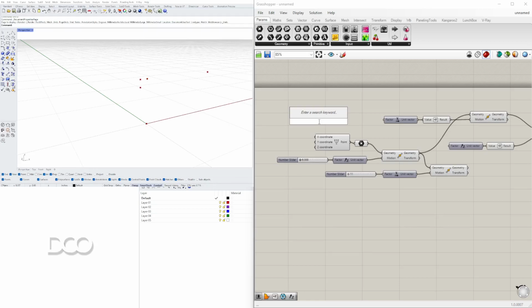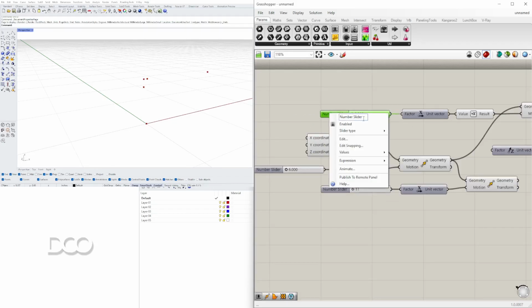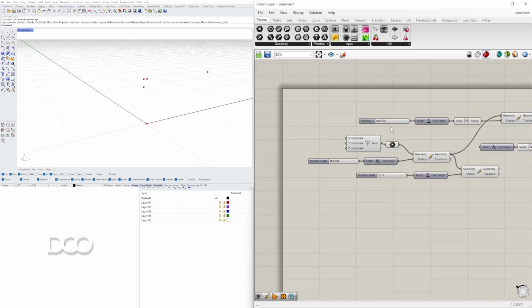So we'll go 0.5 less than 2.000. Call this nosing X. And call the next one